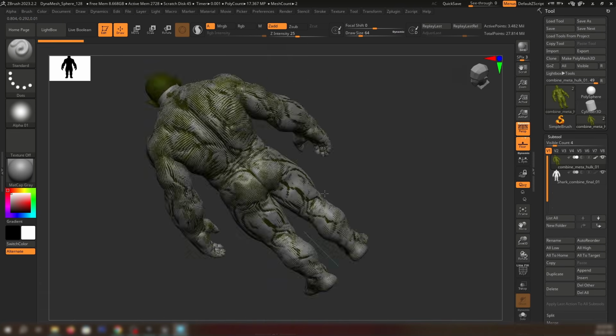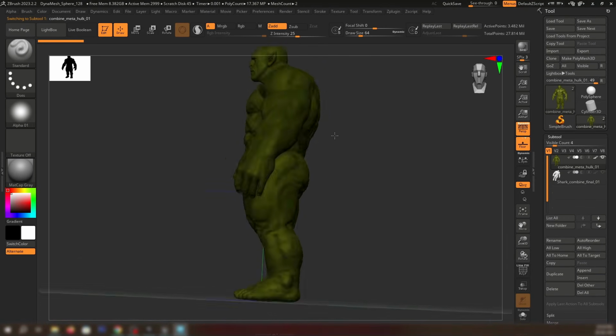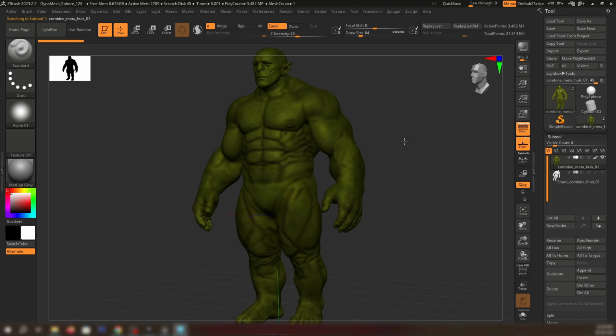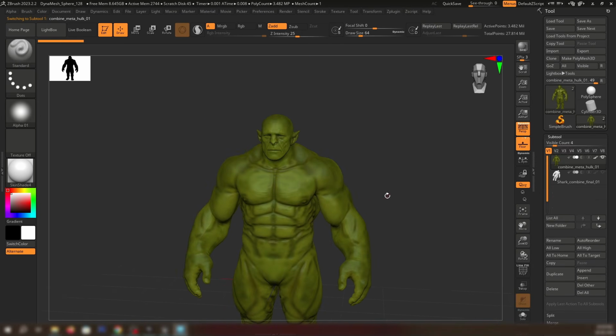So this is the ZBrush file for the character. I sculpted it and posed it. Some of the texture is done in ZBrush, some of the texture in Substance.